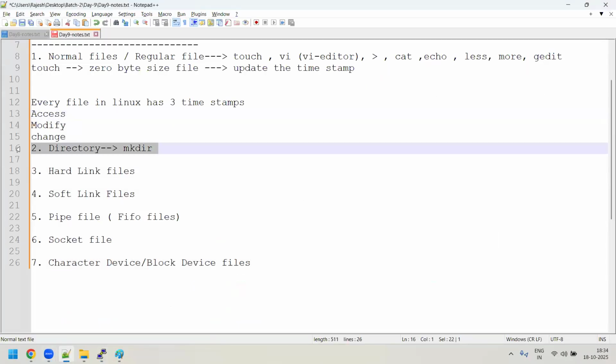Now going back here, second is a directory, guys. It's clear that we have created a directory, and whenever you create a directory, you know that there will be two hard links inside the directory. One is a dot and the other is a double dot, right? Yeah, this is by default. Every directory will have these two, a single dot and a double dot.